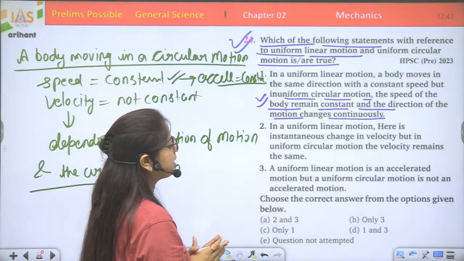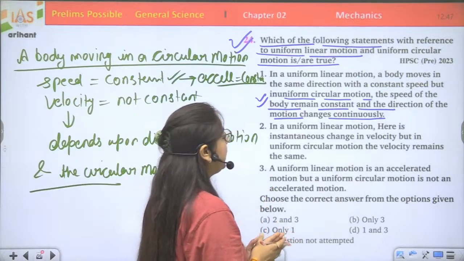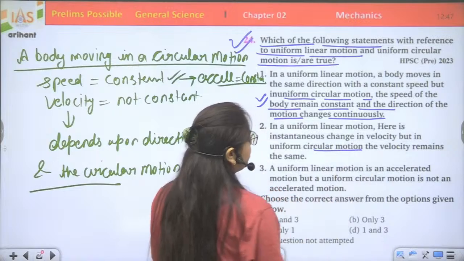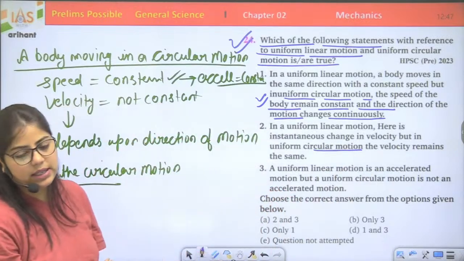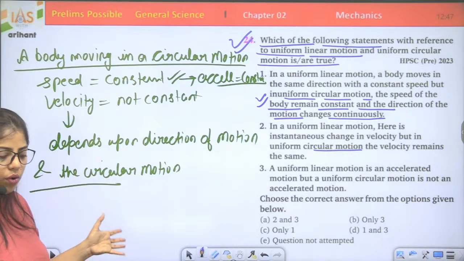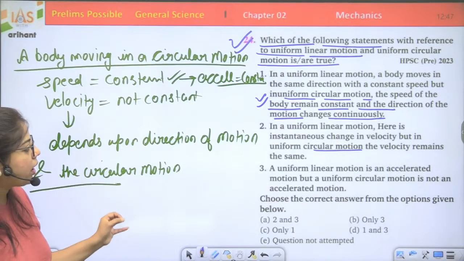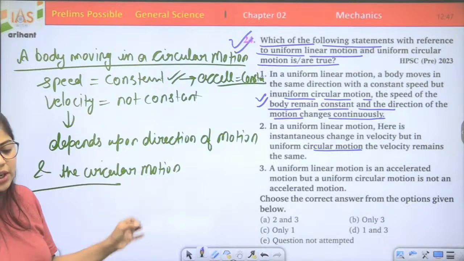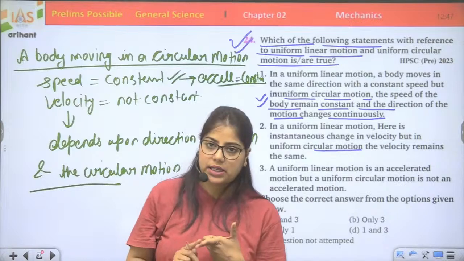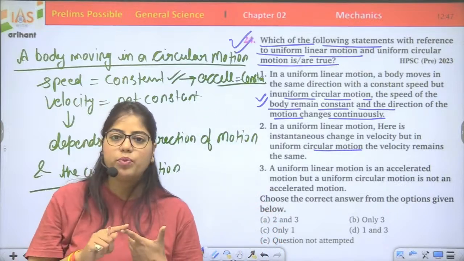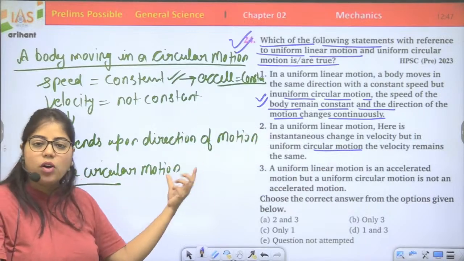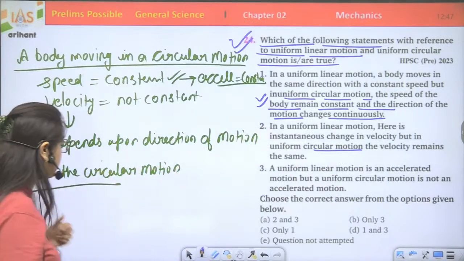The second statement says, in a uniform linear motion, there is an instantaneous change in the velocity, but in uniform circular motion, the velocity remains the same. Is it true or not? When we are talking about uniform linear motion, the direction of motion is fixed. Why? Because it's linear, in a straight line. And since it also has a constant speed,